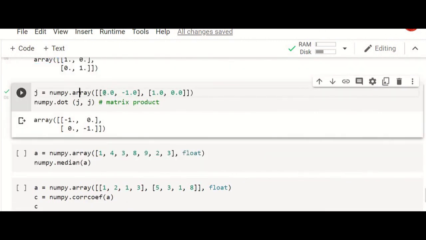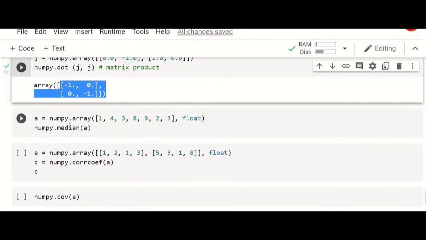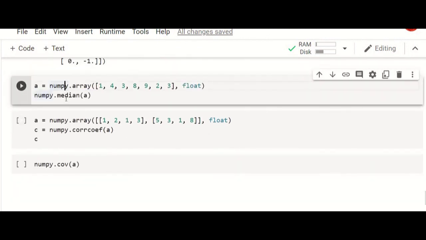Similarly, we can create an array, and the matrix dot product can also be computed. It creates the values like this: 0, 1 and 0, minus 1, and in the second row we have 1 and 0. So the dot product of this will be this output. And the median of all the elements in the given array can also be generated. So numpy dot array of the list of elements, comma float.